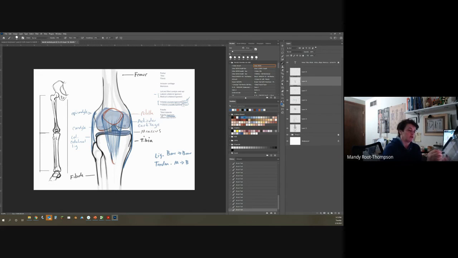So we have the patellar ligament. And then up above, we're going to have the quadriceps tendon. The quadriceps tendon is going to come off the patella and it's going to open up into your quadriceps,